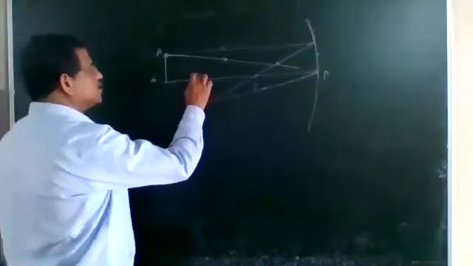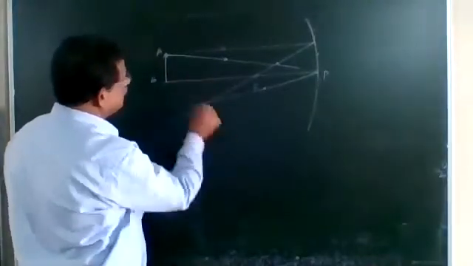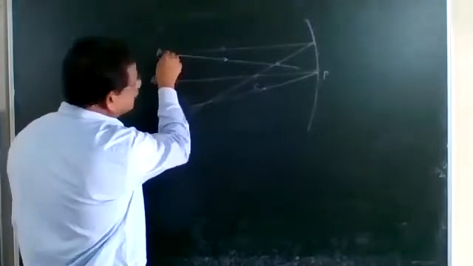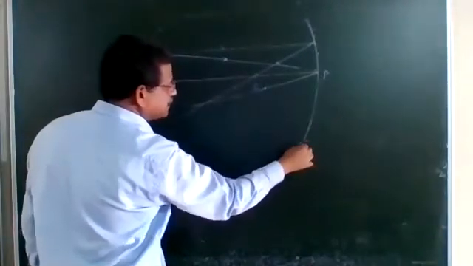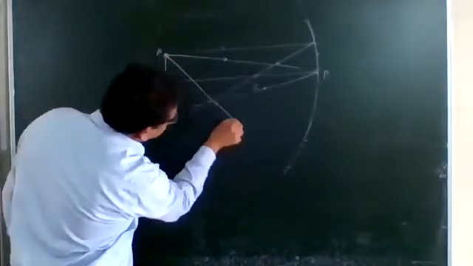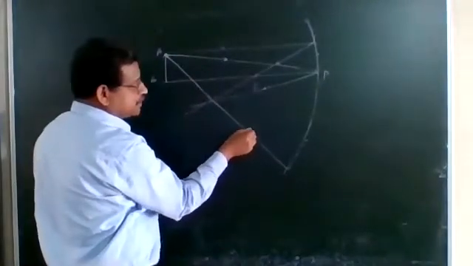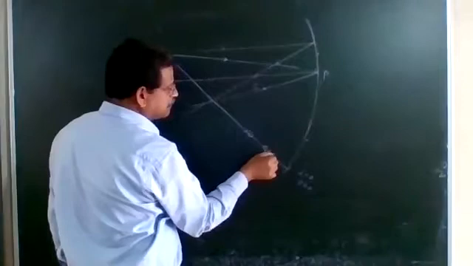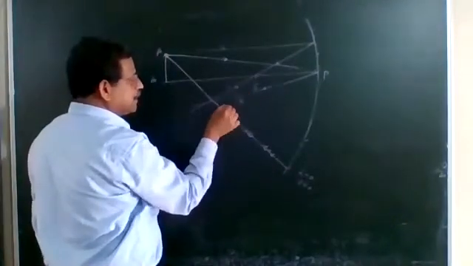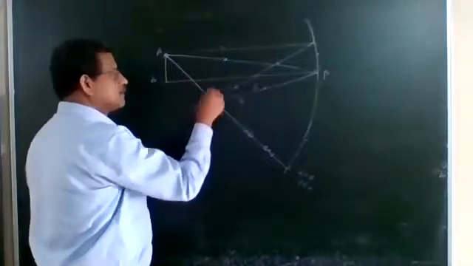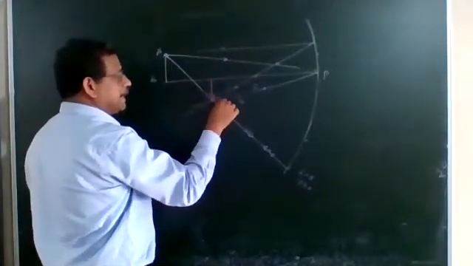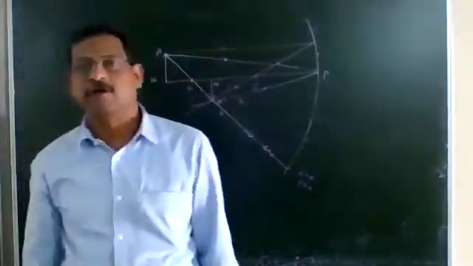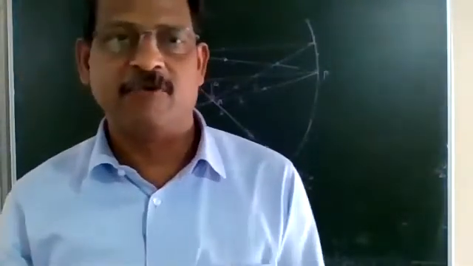Another ray passing through C. After passing through point C, you can extend the mirror to the left side. For the third ray, the angle of incidence is 0, so r is 0, and it reflects back. The first ray, second ray, and third ray all meet at this point. Here we get A dash, B dash. After that, you have the point C. Practice all the diagrams and ray diagrams freehand, without a scale.